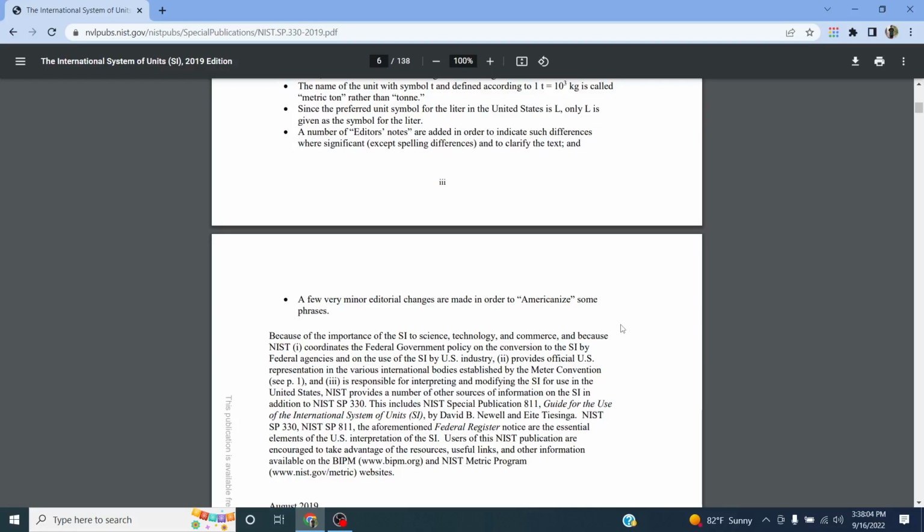NIST provides a number of other sources of information on the SI in addition to NIST SP 330. This includes NIST Special Publication 811, Guide for the Use of the International System of Units by David B. Newell and E. Tiesinga. NIST SP 330, NIST SP 811, and the aforementioned Federal Register notice are the essential elements of the U.S. interpretation of the SI. Users of this NIST publication are encouraged to take advantage of the resources, useful links, and